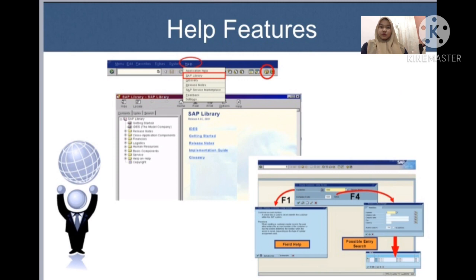The next is help features. The SAP system provides comprehensive online help. The help menu contains the following options. The first is application help. This displays comprehensive help for the current application. Selecting this menu option in the initial screen displays help on getting started with my SAP ERP. And then